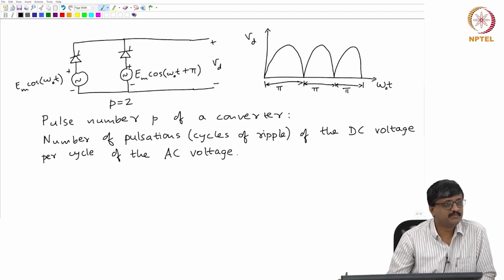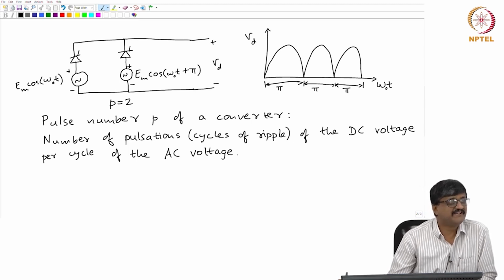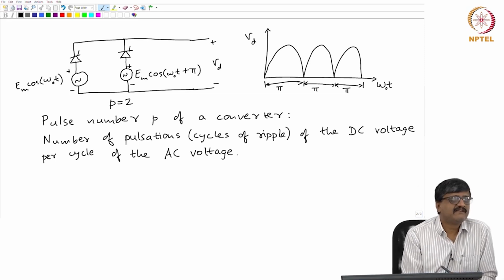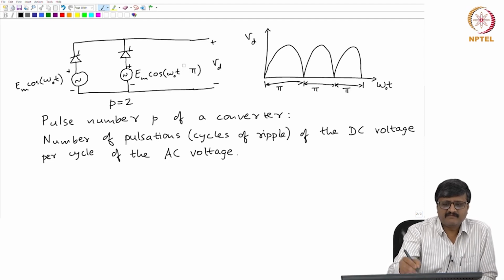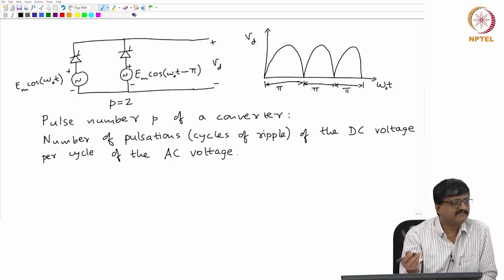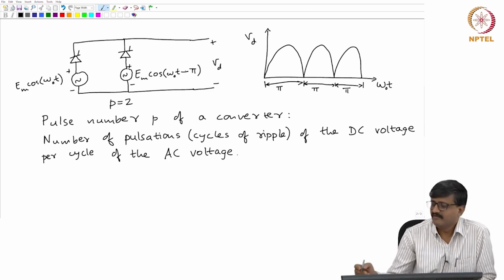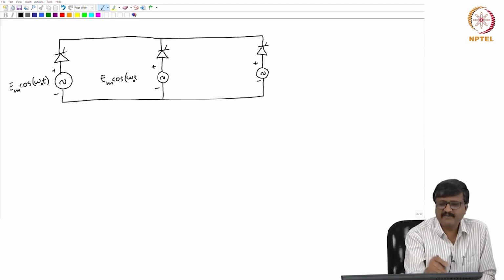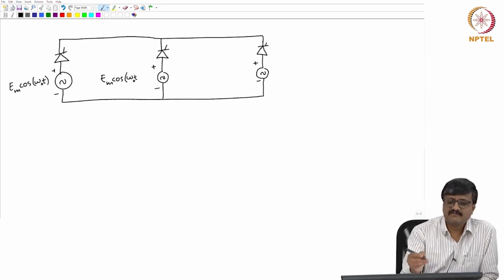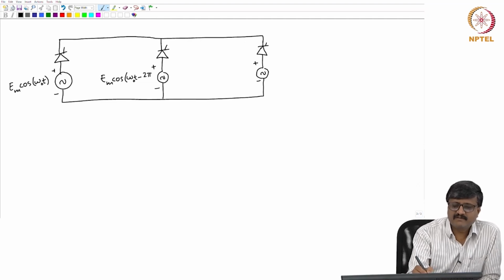Pi by 2, 120. Okay, here the difference is 180. Difference is 180. Now, how did we get that 180? It is not 360 divided by the number of such circuits in parallel. So, it is plus 180 here. Say plus 180 or minus 180, one and the same. Say even if I make it minus pi, it is one and the same. I mean, both are one and the same. Okay. So, here the phase shift should be 360 divided by number of such circuits, which is 3. So, it is 120. So, it should be minus 2 pi by 3,